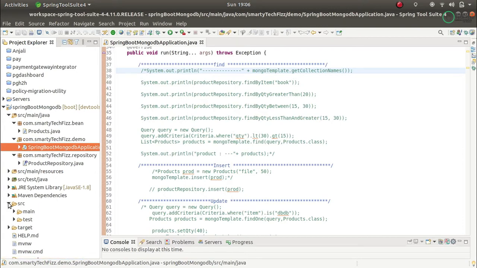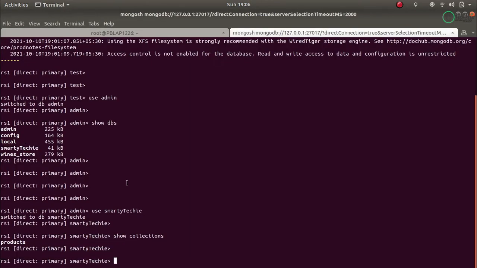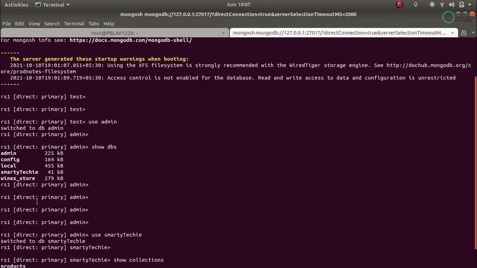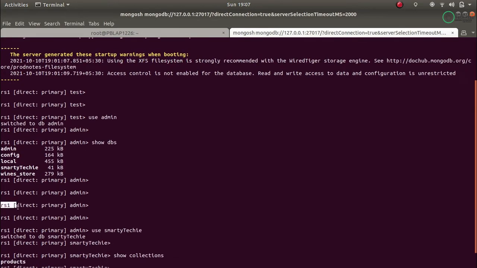In the replica set member, if you see my localhost MongoDB, I have created them as a replica set. This is a somewhat different Mongo shell because I am using the 5.0 version of MongoDB, but we don't care about that. We are just checking whether it is a replica set member or not. So this is a replica set member and this is my primary member. You may have two, three or more servers in your replica set, and they all work like this: the first one will be the primary and the others will be secondary servers.